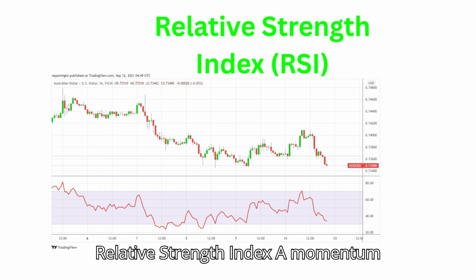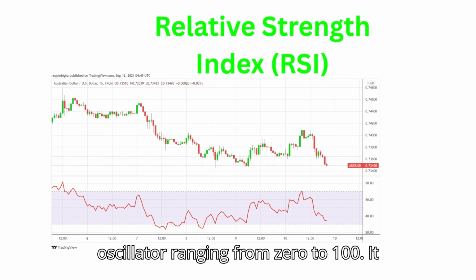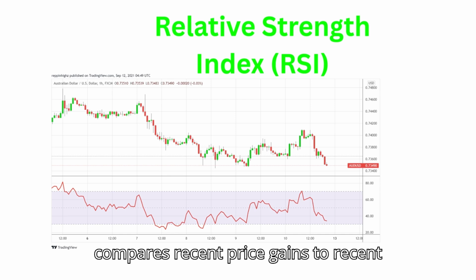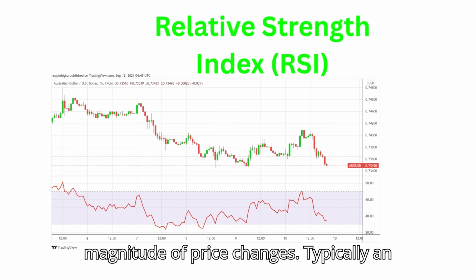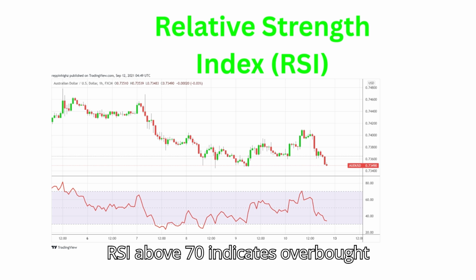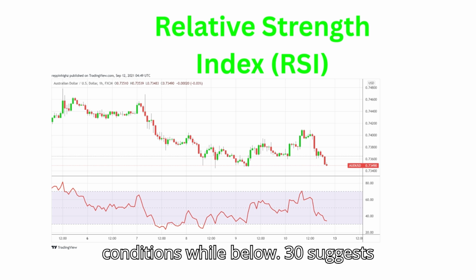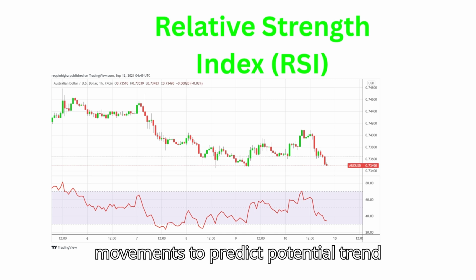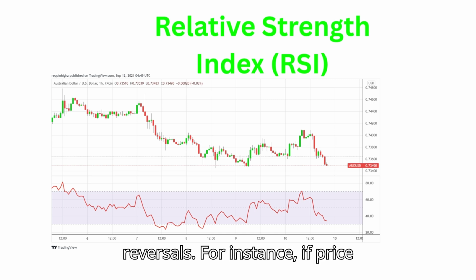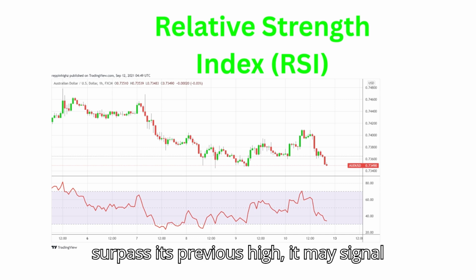Relative Strength Index, RSI, a momentum oscillator ranging from 0 to 100. It compares recent price gains to recent price losses to measure the speed and magnitude of price changes. Typically, an RSI above 70 indicates overbought conditions, while below 30 suggests oversold conditions. Traders use divergence between RSI and price movements to predict potential trend reversals. For instance, if price continues to rise but RSI fails to surpass its previous high, it may signal a potential